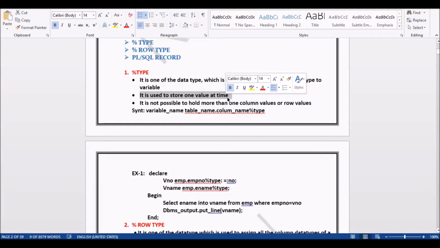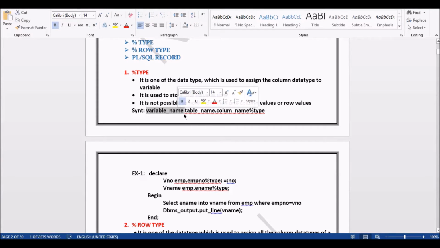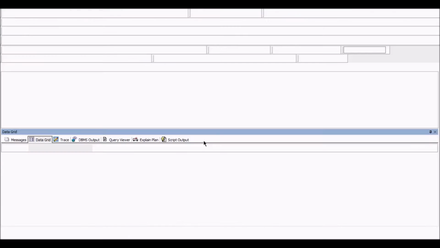Variables can only store one value at a time. It is not possible to hold more than one value or row values. The syntax is variable name, table name, the column name whose data type you want to take, and %TYPE. Let us see here with an example.